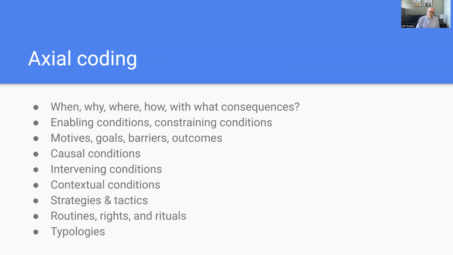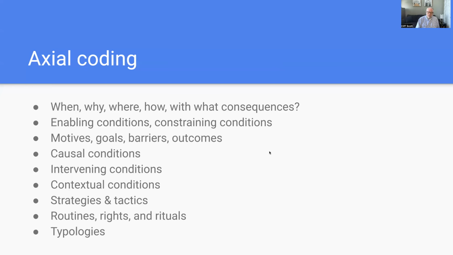So those are the kinds of frameworks that you might be thinking about as ways that I could group these categories analytically and give them dimension, higher order, lower order, this leads to that, processes, typologies, ways to give dimension